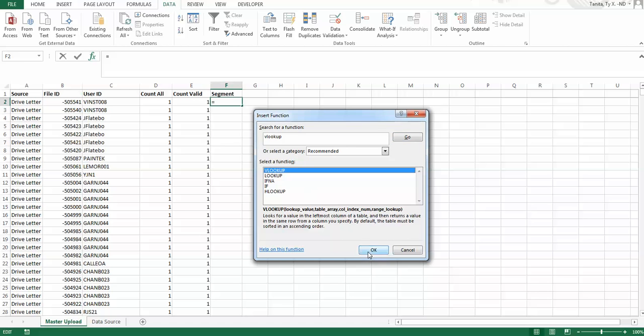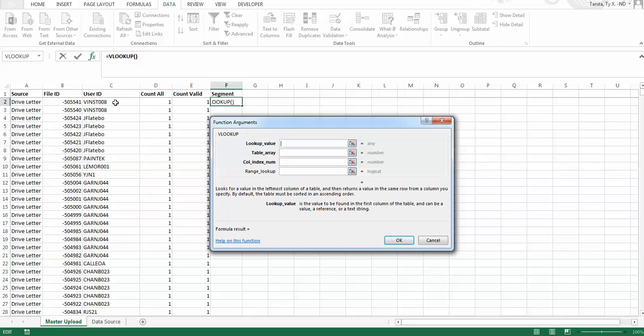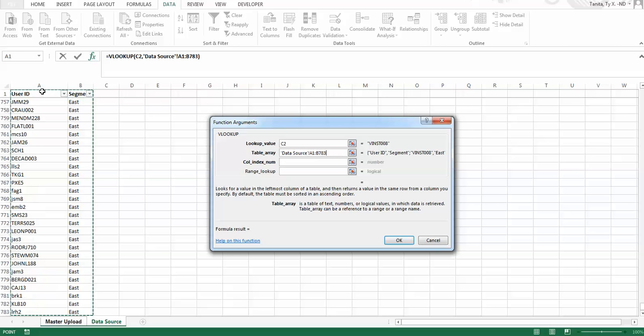Here's Vlookup, hit OK. Now, the first thing you want to do is find the lookup value, which is going to be this person. So we want to find this person's segment. Now, the table array is going to be the data source, which is going to be right here. So this is the table that we're working with, and we're trying to find the person's segment. Now, we can see it's right there, but let's say we couldn't because we're dealing with a lot of different